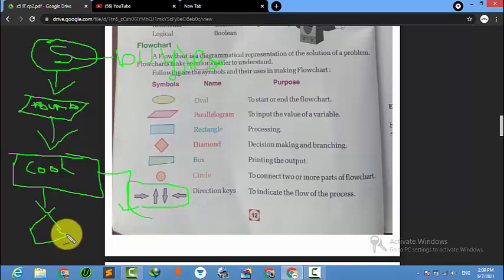If yes, then we will proceed. If no, then it will again continue for some more minutes, boiling the tea. Then the box for print out: yes, we are done.